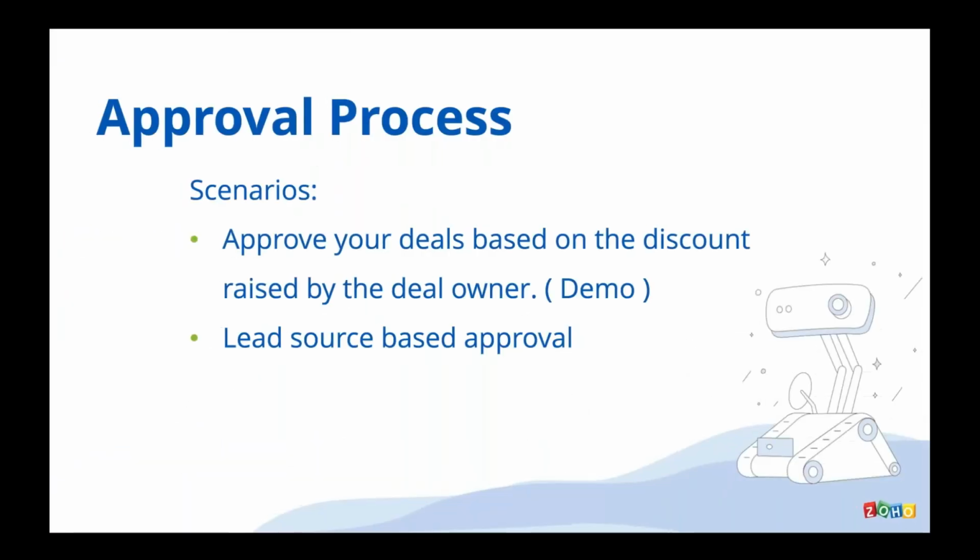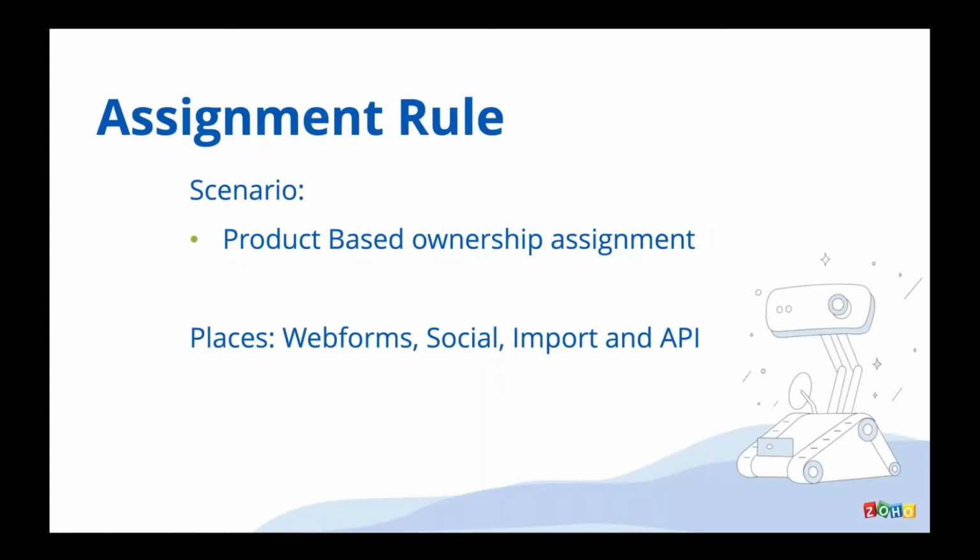Cool. So that's about the approval process. The next one is assignment rules. Again, this is pretty straightforward, and this is one of the earlier automation tools that we have given. Let's see what we can do with that. So assignment rule actually captures the record which comes inside the CRM and assigns ownerships to it. So that is the first entry point. That is the first filter inside the CRM. Whatever the record comes inside, that actually captures this and pushes it inside the CRM.